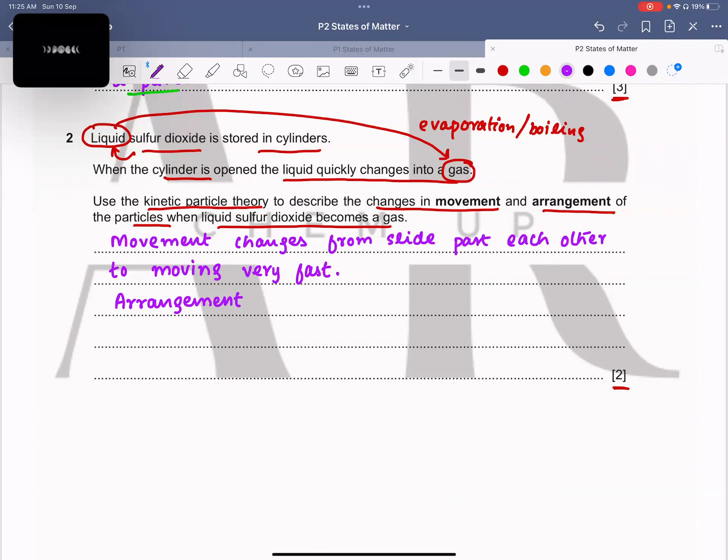Okay. So the arrangement is irregular in both solids and gas, then we talk about the separation of the particles. In gases, as we said, the molecules get further apart, which means the molecules spread out, right? And in liquid, the particles are relatively closer to each other, isn't it? Yes, sir. So in liquid, the particles are touching each other.